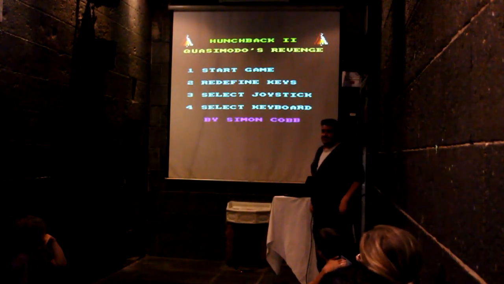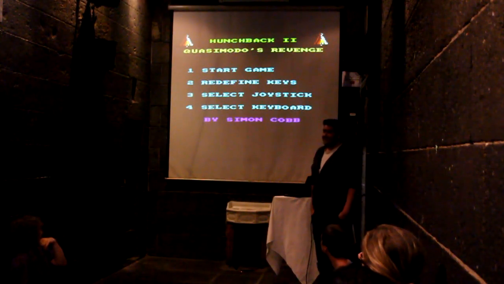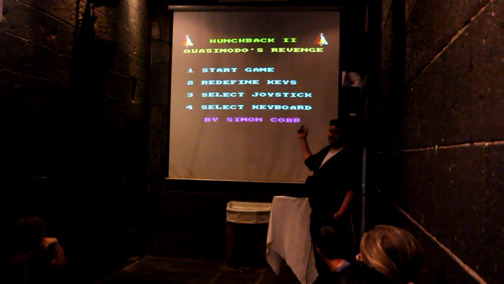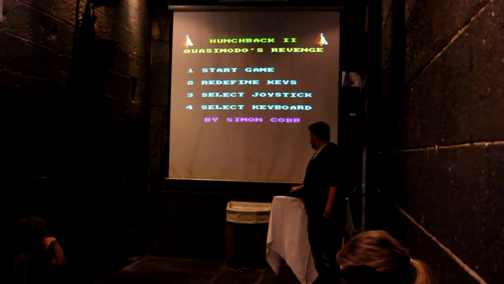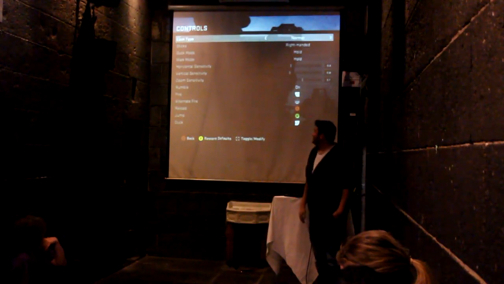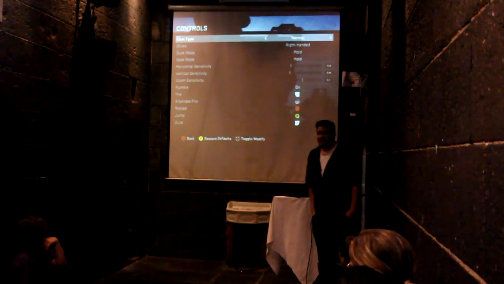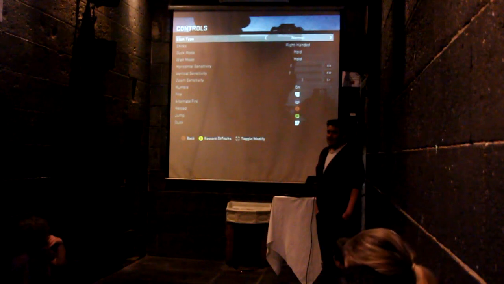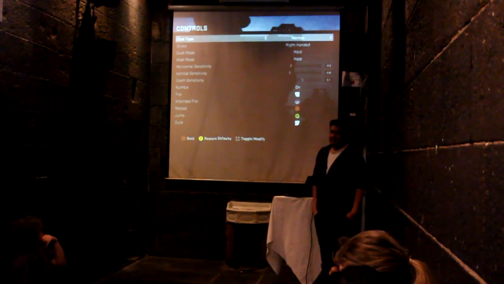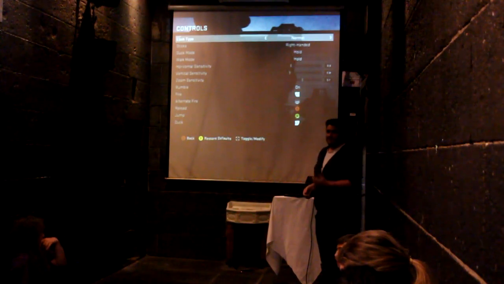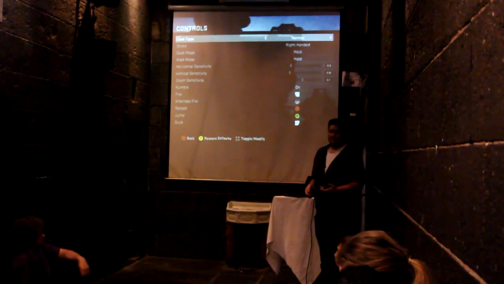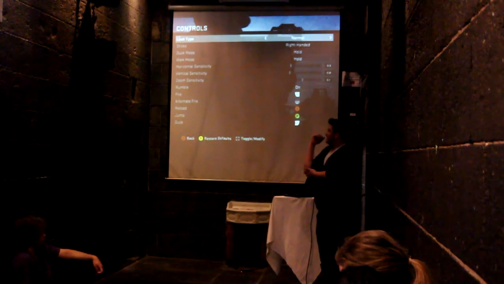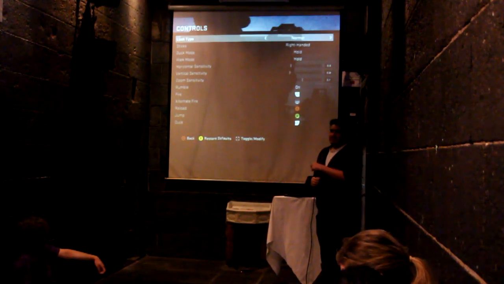I'm not sure how many people in the room remember this game, but this is just to show you how long it's been around for. And the solution is option number 2, which is the redefine keys button. So a bit more of a recent example, this is Counter-Strike, the latest Counter-Strike. Just having that option of being able to reconfigure keys. Obviously it's useful for loads of people who just want to have their own custom setup and don't like the way that their designers decided you should control the game. But like that guy previously,